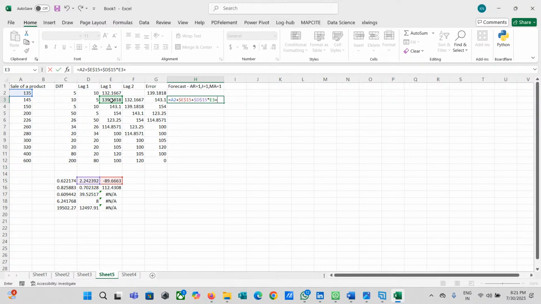Plus the next coefficient. So let me freeze this coefficient and then take this one, and I'm going to take my ET. ET is coming from here.